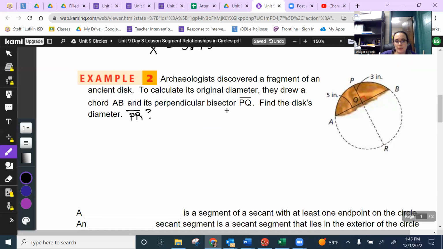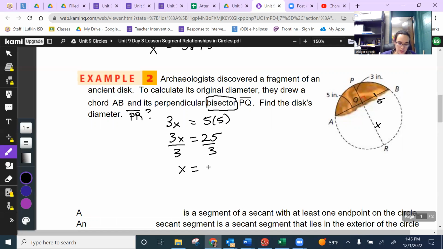So the perpendicular bisector makes a right angle because it's perpendicular, which you see in the picture. And it's a bisector, meaning that it cuts the segment in half. So this is also 5. And we're looking for this length. So we have 3x equaling 5 times 5. So 3x equals 25. Dividing by 3, and x equals